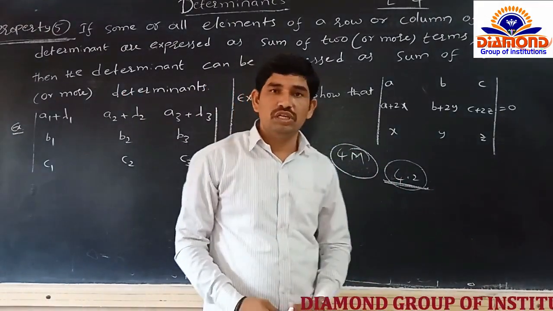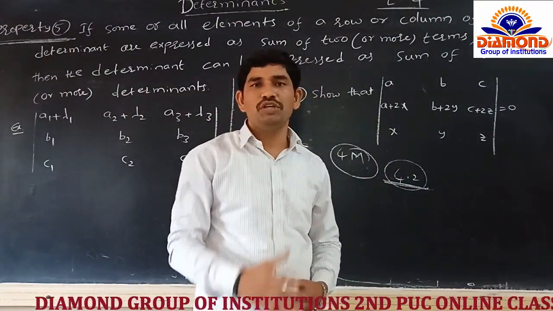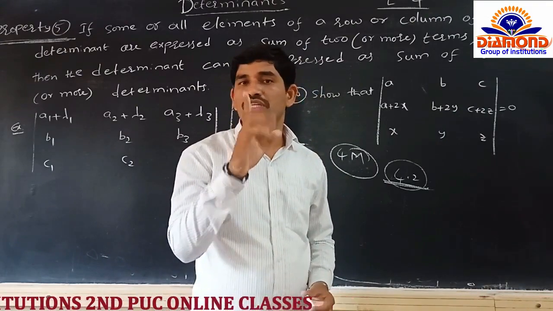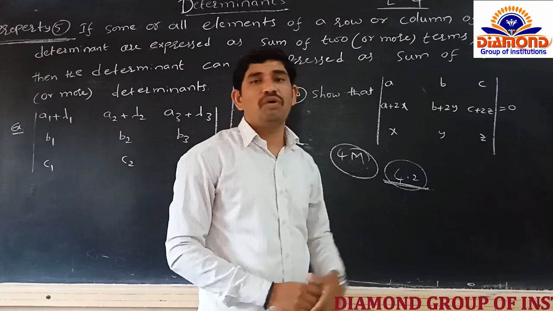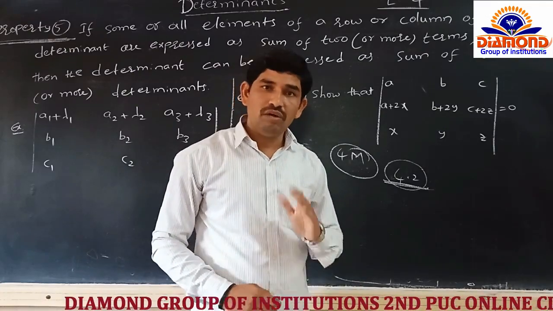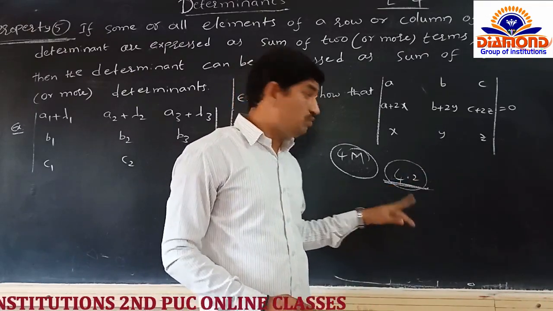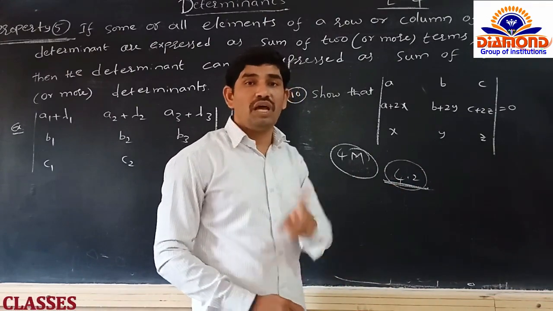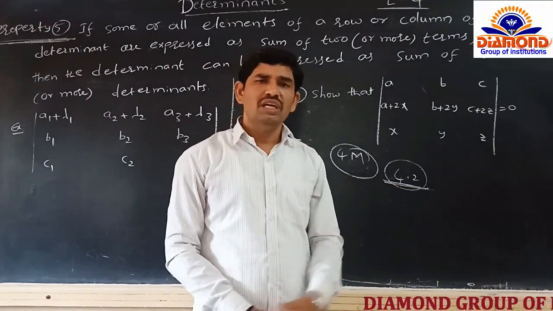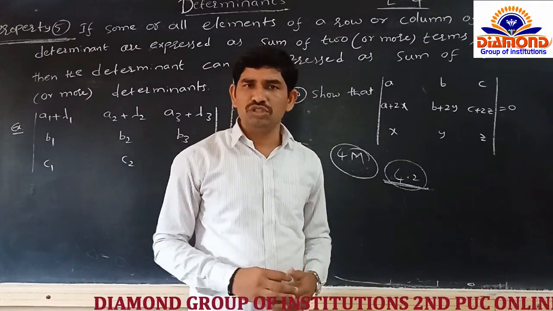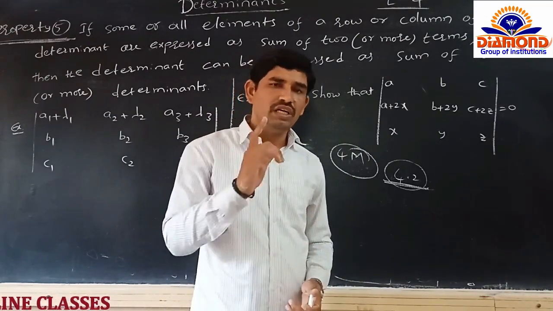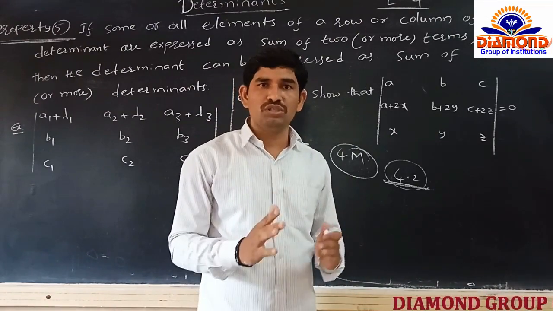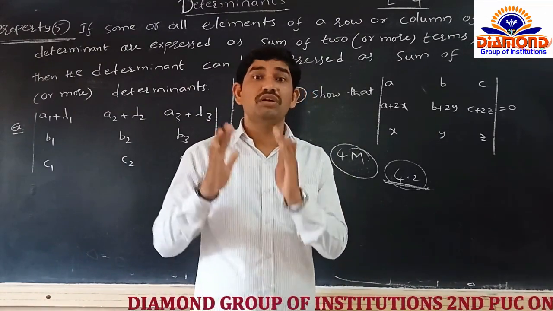In total there are 6 properties, and each and every property is very important. Without the properties we can't do the problems in exercise 4.2. Exercise 4.2 is very important because we get one 4-mark question from it. In parallel I will say what the important questions in the NCERT board are, which questions were asked in previous years, and for how many marks.